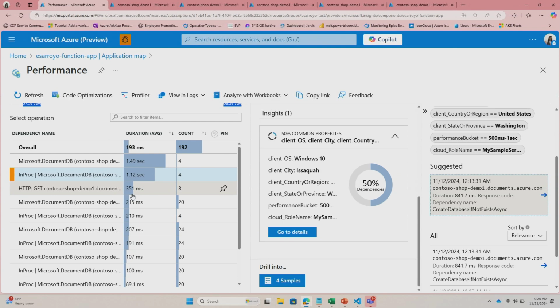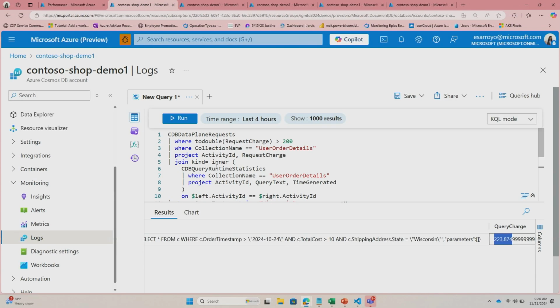Okay, got it. So it looks like we resolved everything on the client side, but now I'm getting a little worried that something might be up on the server side as well. We didn't really look at all of our different query patterns, but maybe there's some place where we can optimize even further there. Okay, so here I have in our log analytics a query that kind of detects for every